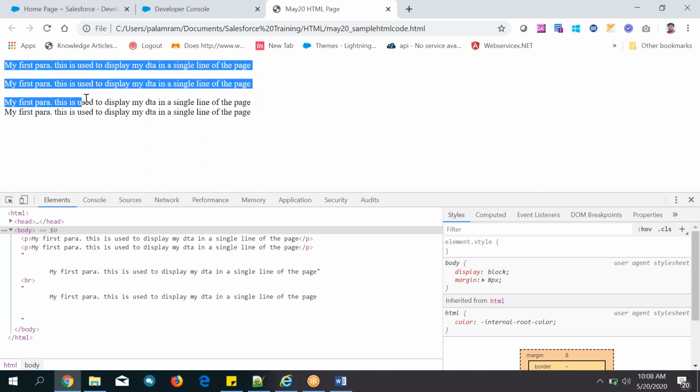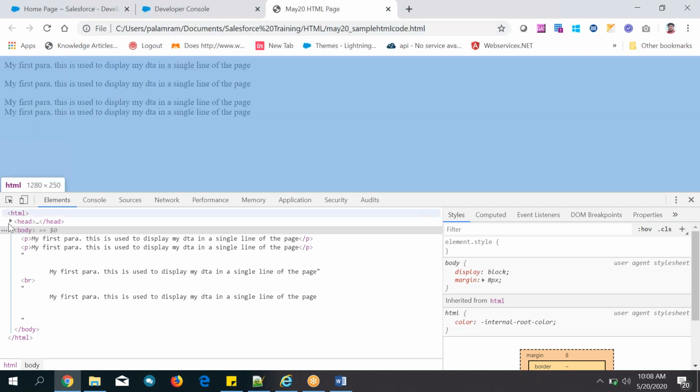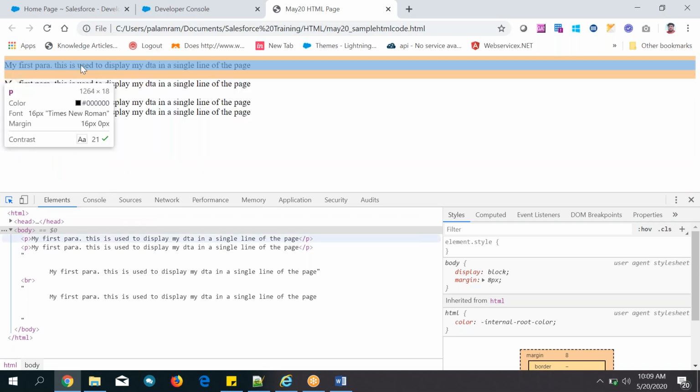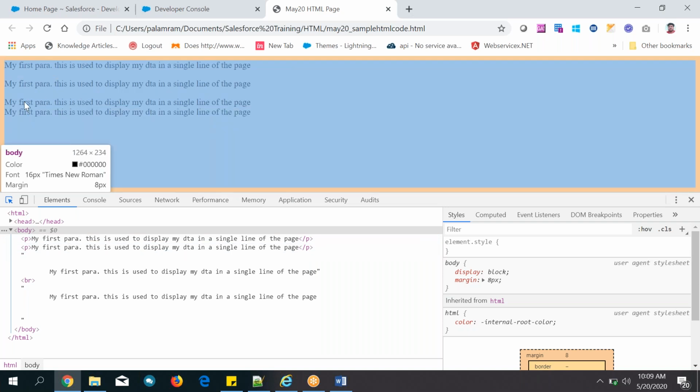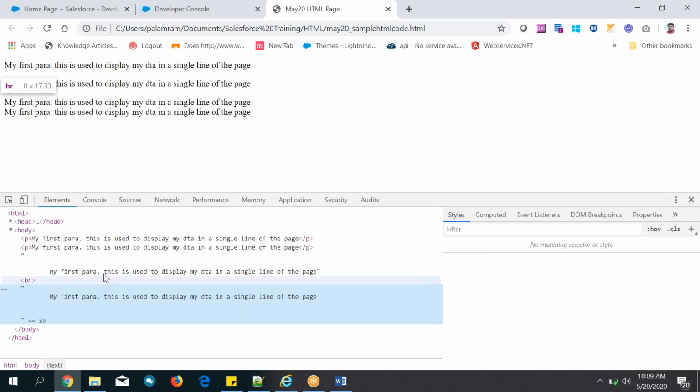What is the difference between the paragraph and break? Can you tell me? Is there any gap between the 2 texts? Is it occupying some space? What is the paragraph doing? You can see here, does it occupy space? Red is nothing but a space. Okay, it is also occupying space. But what about this one, the text? It is not occupied. See here, nothing is occupied. There is no space.